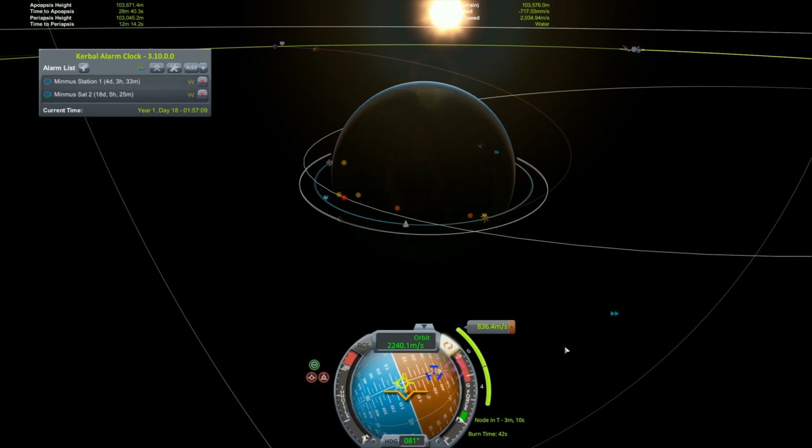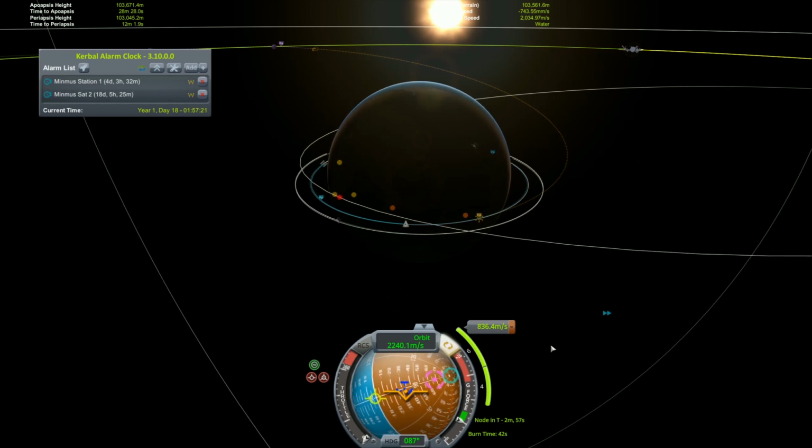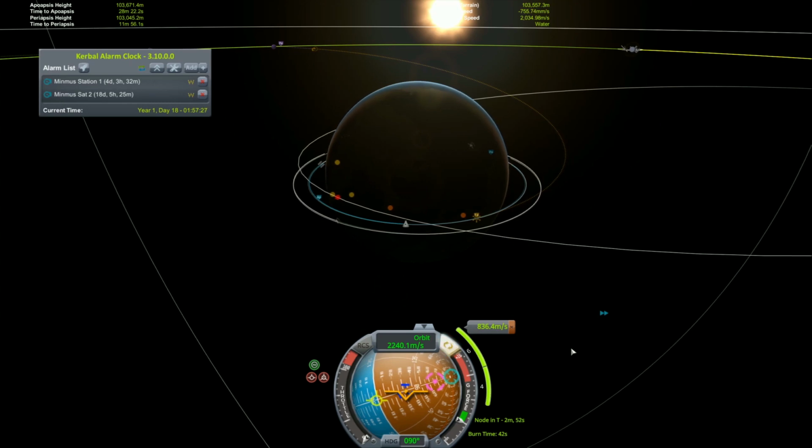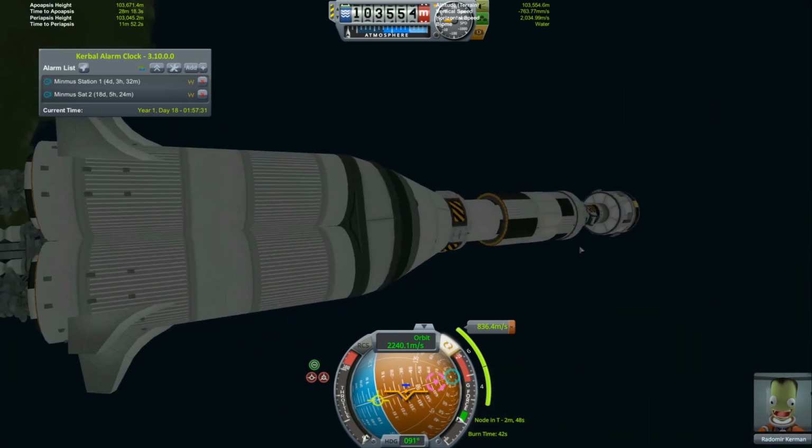Now we have a 42-second burn, so that means we're going to want to burn. And I would like to go maybe a little bit early so I can do the last bit of the burn kind of slowly, and plus we're going to have to stage too. So I think I might burn when we have about 30 seconds left. So let's get over to here because we're, you know what, we should get our,